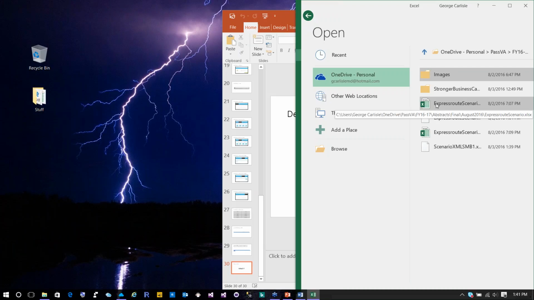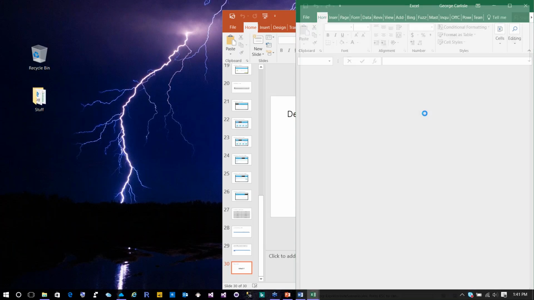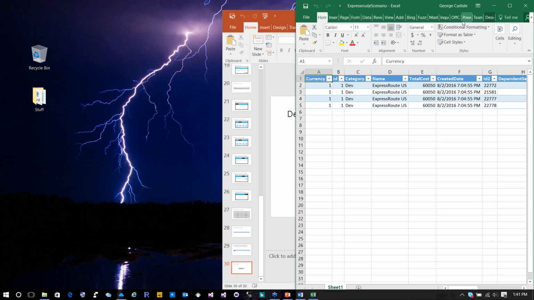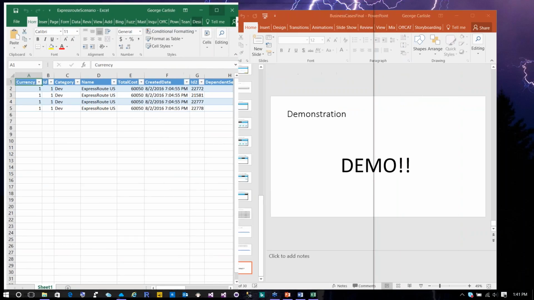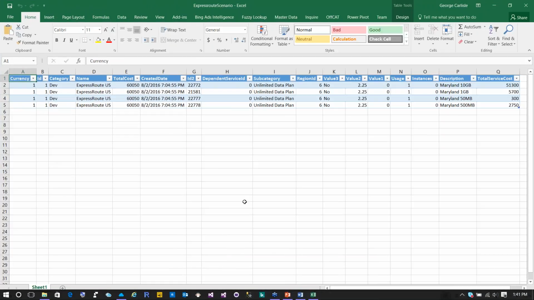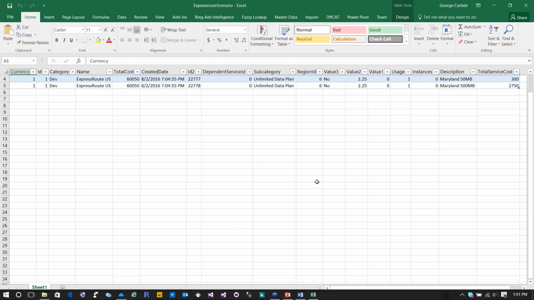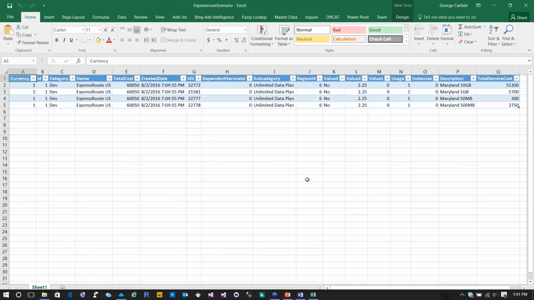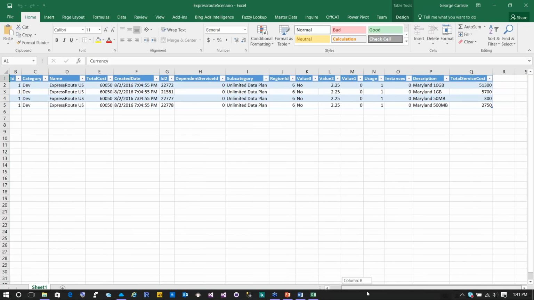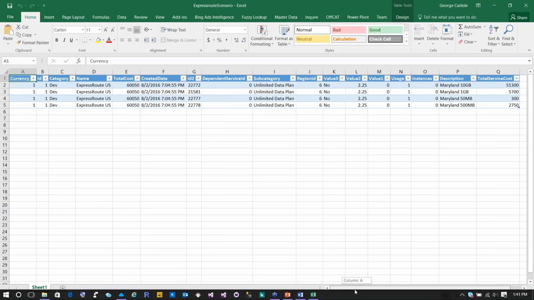So let's look at one of these XML. So I think this was one I opened here. And this was the straight XML import scenario. So here you could export this to Excel. What I did last year was I went through and priced out all of the services so that I could do modeling, and I basically brought all of them into Excel so that I could model and put margins on all of them and just make sure that my business was profitable.